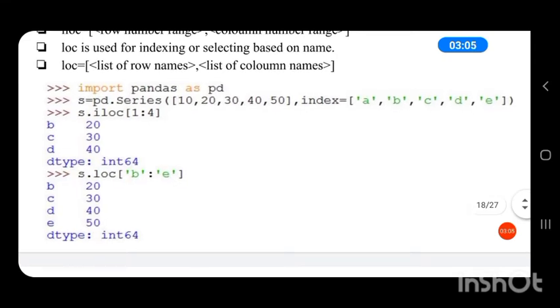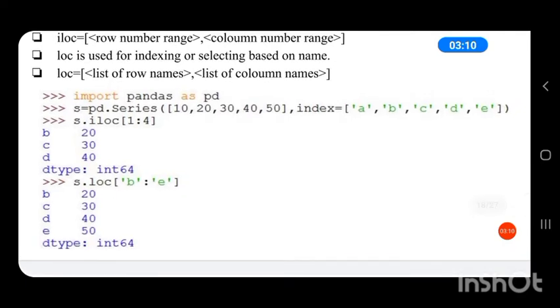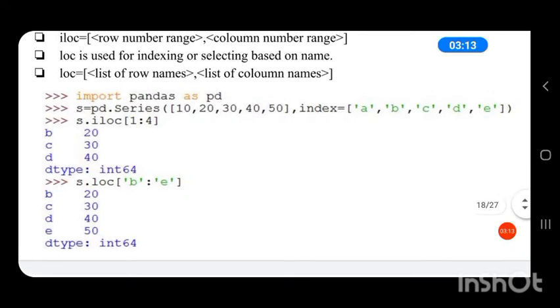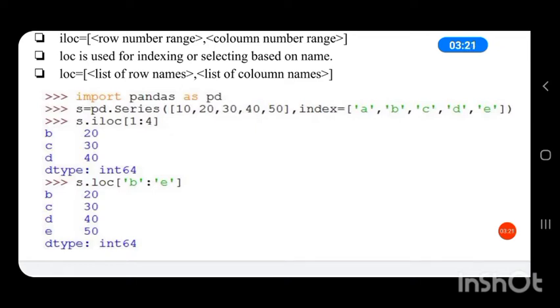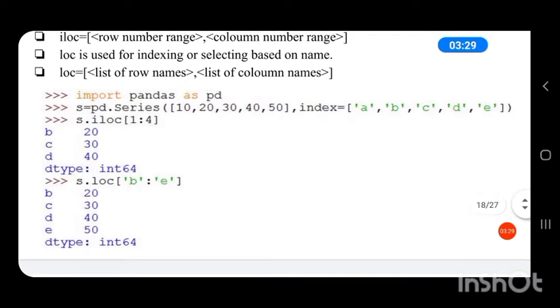So let us see how LOC works. For that, S dot LOC in square bracket we have given two index names, B colon E. Here, unlike 1 colon 4, where 1 to 4 minus 1 is taken, in the case of B to E all the values from B to E are selected in LOC. Based on LOC, all the values specified in the slice are selected.